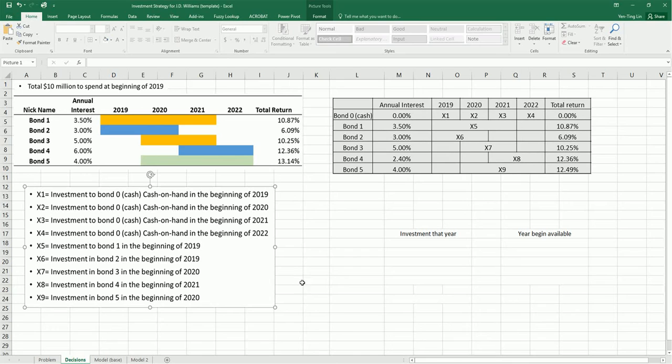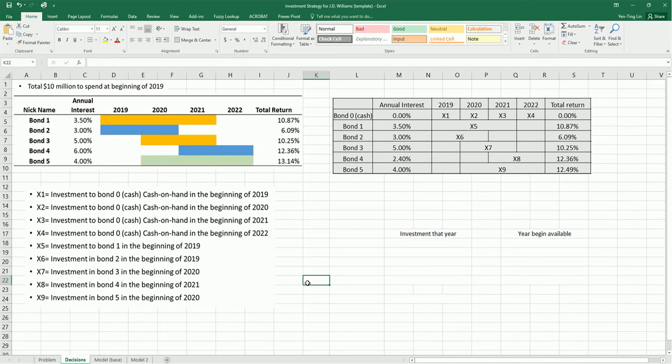Well, here's a decision variable. We have 5 bonds, but actually there's another option, which is not to invest at all. And so basically the other option is to keep it in cash. Let's call holding cash a bond as well. It's bond 0 with 0 interest. So here's a way to